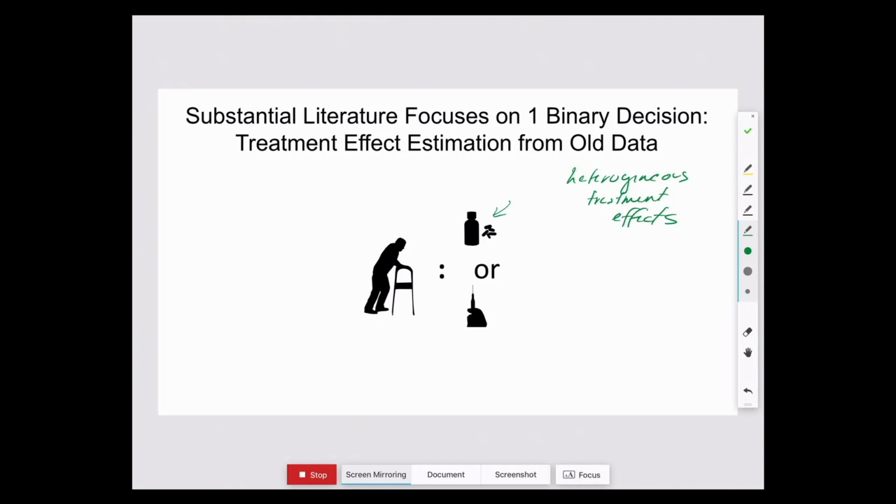Which we can think of as being like a contextual bandit in a way, because we're just trying to understand for each different context what is the best arm to pull. So there's been a lot of work on this in this case, but we have an additional challenge when we start to move to the reinforcement learning setting.